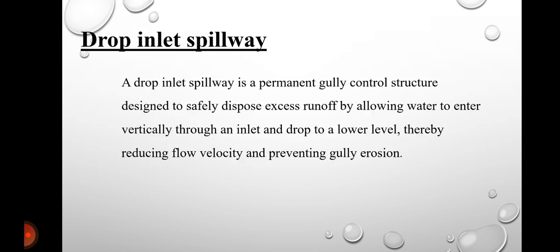So the last is the drop inlet spillway. A drop inlet spillway is a permanent water control structure in which runoff water enters through an inlet opening at or near the ground surface and then flows through a vertical or inclined conduit to a lower elevation. It is a permanent gully control structure designed to safely dispose of the excess runoff by allowing water to enter vertically through an inlet drop to a lower level, thereby reducing the flow velocity and preventing the gully